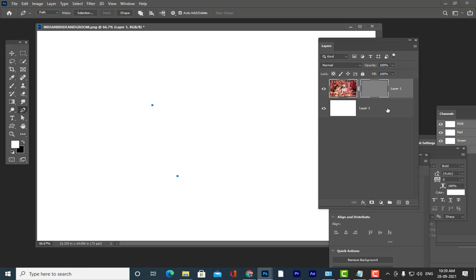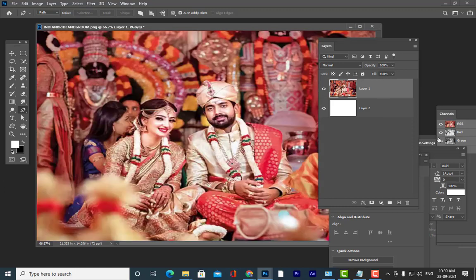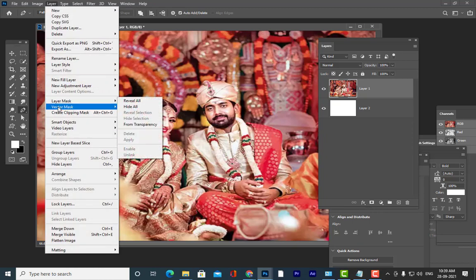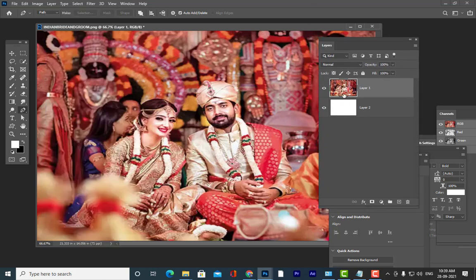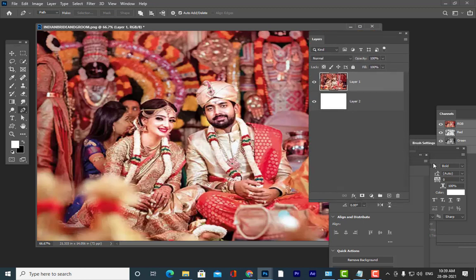Okay, and we can actually use the normal Reveal vector mask. To apply a Reveal vector mask, again we go to Layer, Vector Mask, and Reveal. And one more thing I want to tell you: in case you want to apply the vector mask from the layers panel, we have to hold Control on the keyboard.